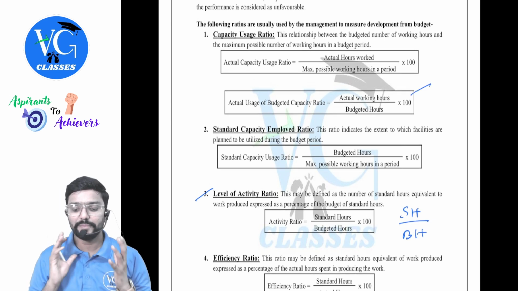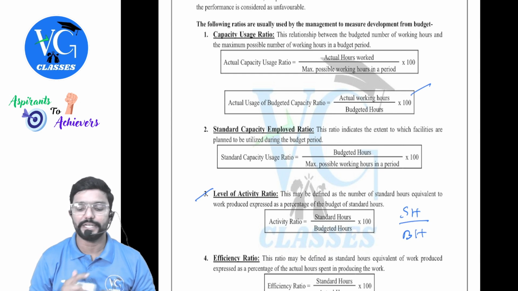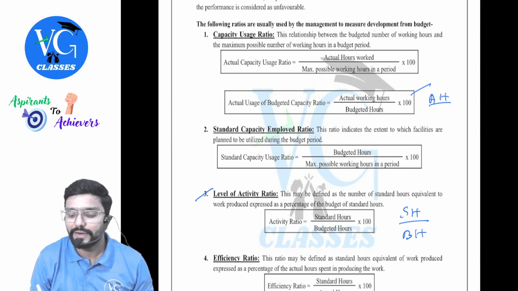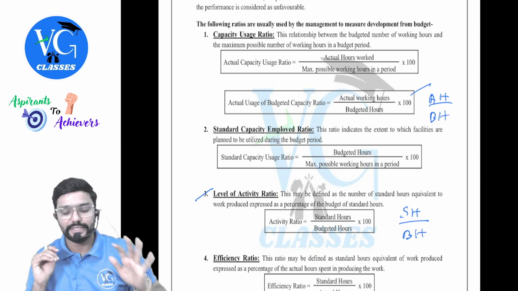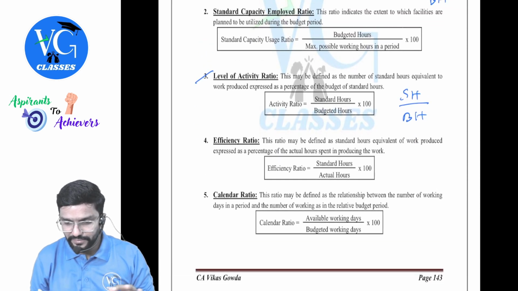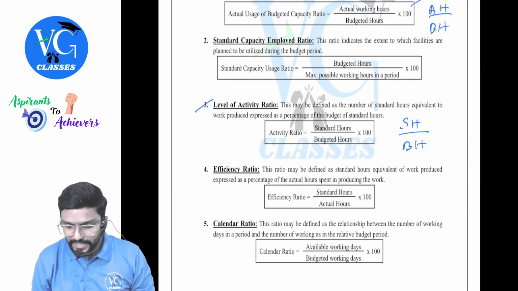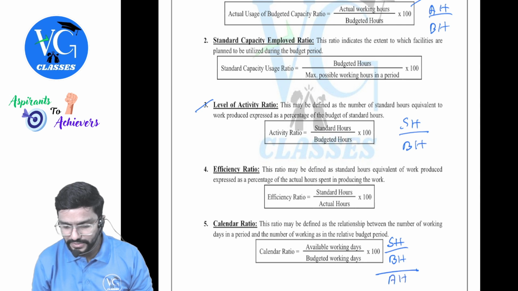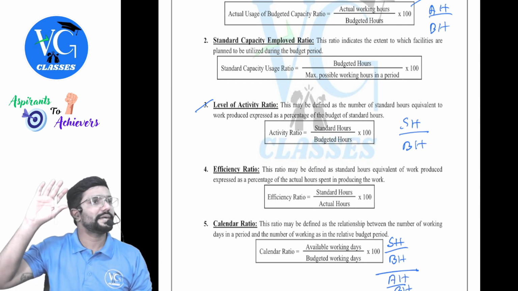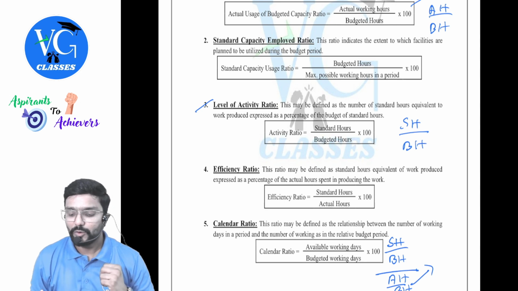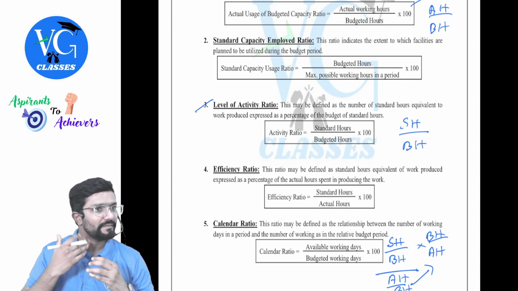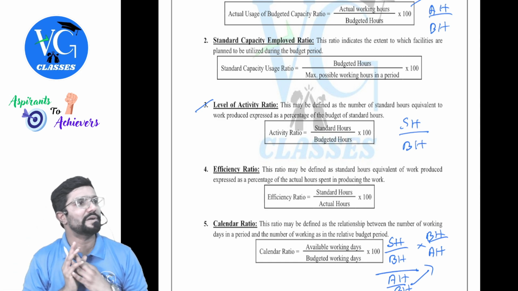Okay. Capacity ratio, guys, budgeted hours is used here. What is the formula, sir? Actual hours divided by budgeted hours. Okay, the activity divided by capacity. Now, where do I do it? Here I will do. Listen, guys. Standard hours divided by budgeted hours, whole divided by actual hours divided by budgeted hours. Correct? Yes. Now let me take this to the numerator. What will it become, guys? Budgeted hours divided by actual hours. Correct? When the denominator goes to the numerator, it will be a multiplier.